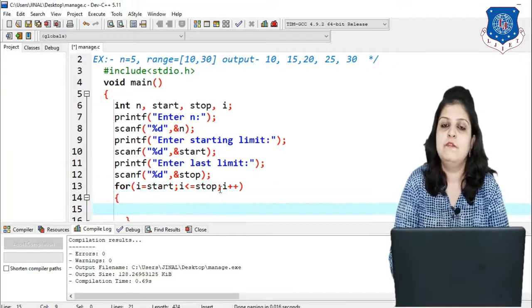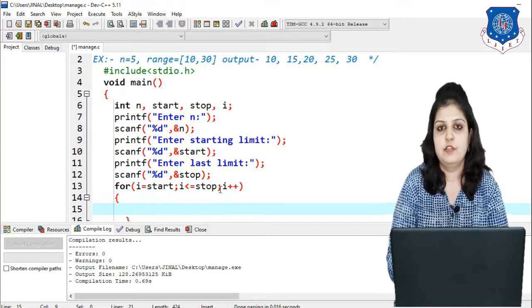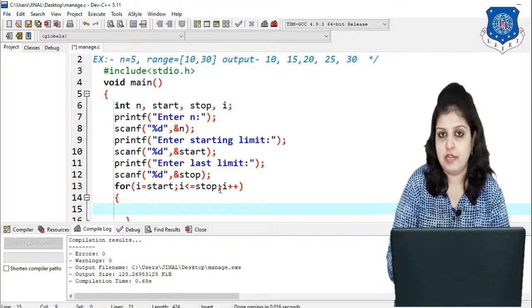Now our logic part we have to write in our loop. So which condition will we write here?